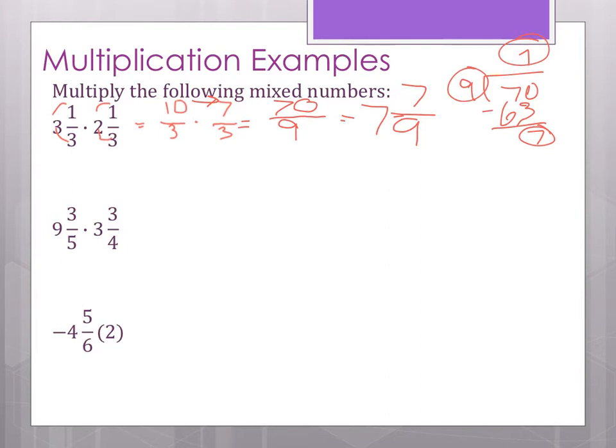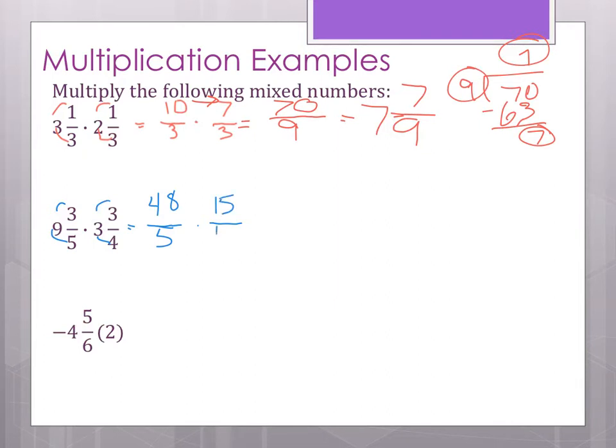Next we have 9 3/5 times 3 3/4. So we'll start converting there. First fraction: 5 times 9 is 45, plus 3 is 48, over the original denominator, times the second fraction. 4 times 3 is 12, plus 3 is 15